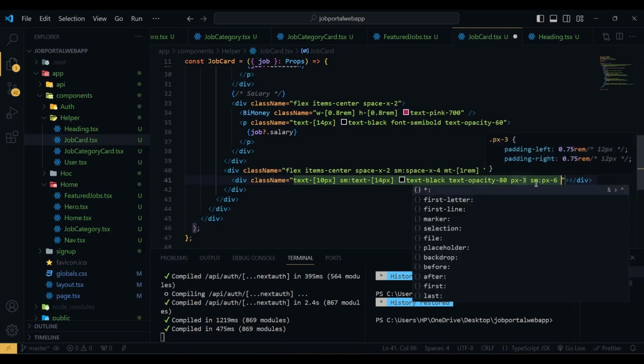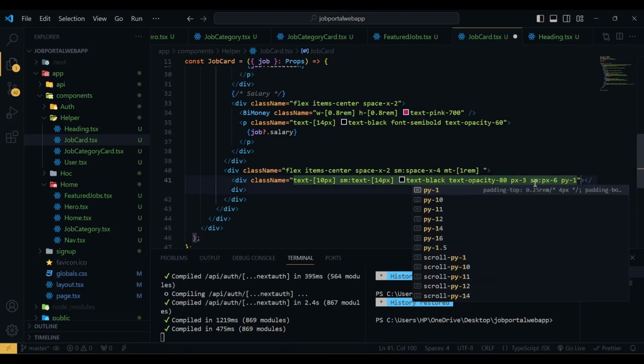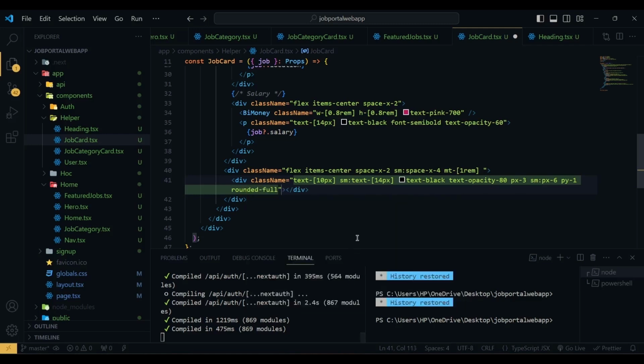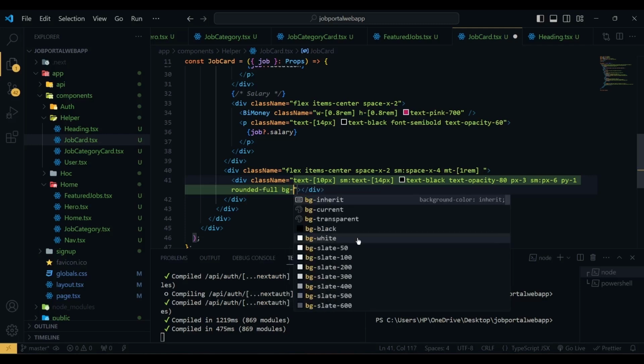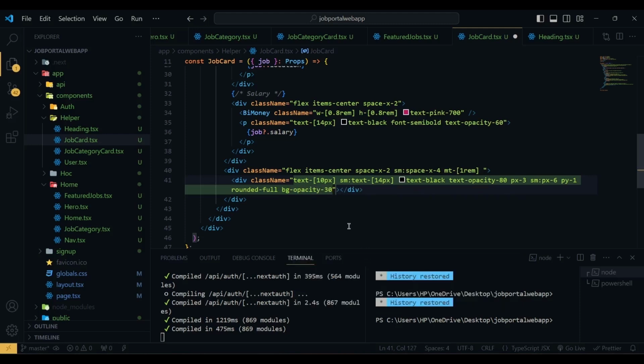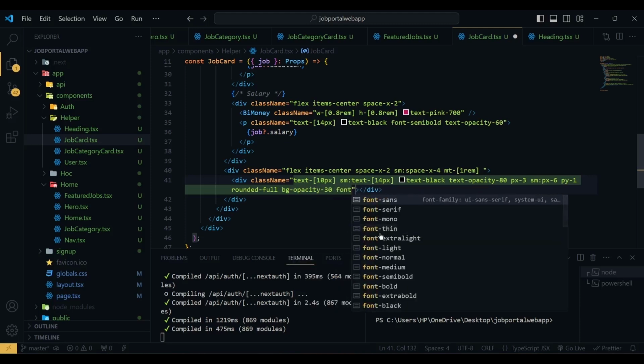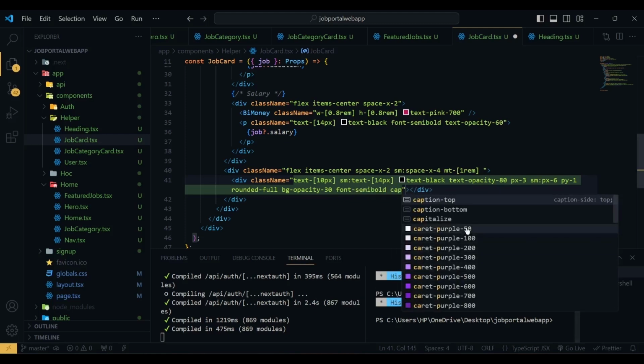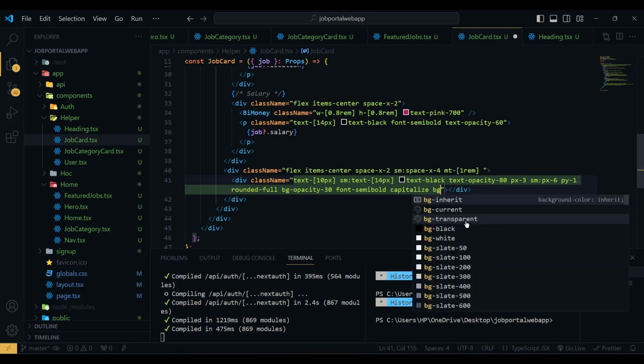So first px will be 3 and then px will be 6, py will be 1, rounded will be full, then we have background opacity of 30, font will be semi bold, capitalize, and then finally background will be bg-green-400,